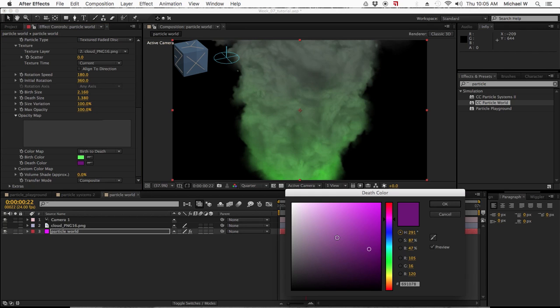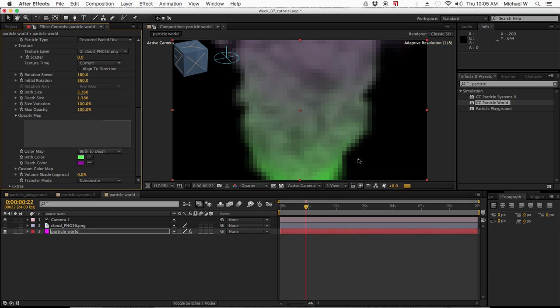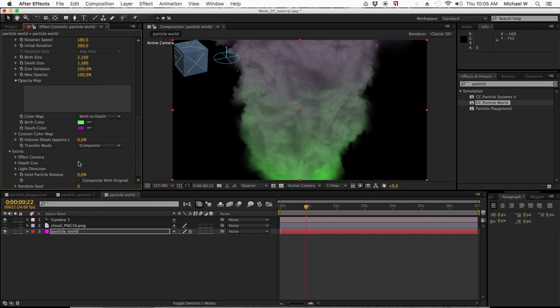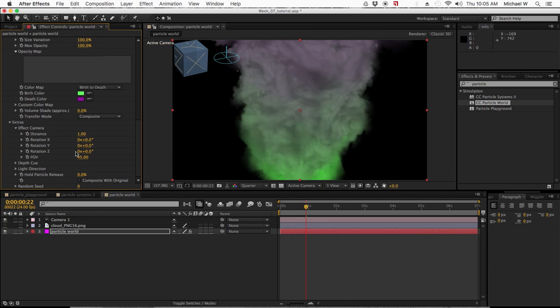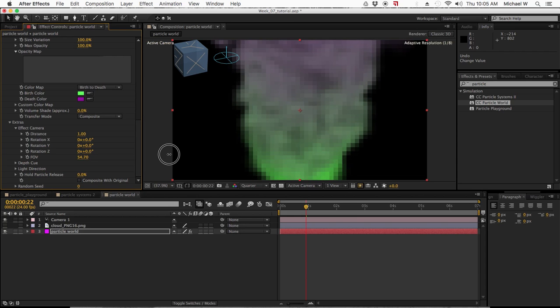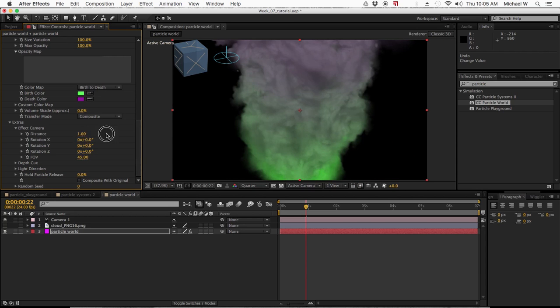So let's adjust this death color a little bit, brighten it up a little, because it's a little dark in my opinion. Now, let's check out our extras real quick. I didn't cover this in class because we really didn't have time, but effect camera, this is the distance it is from the shot, rotate. This is where you can make it do whatever you want. I'm going to change that. Change that. That's not really doing anything. Field of view. We'll change that. Distance